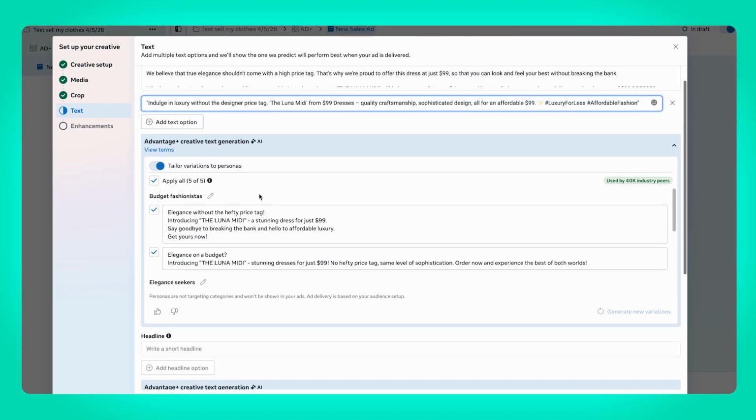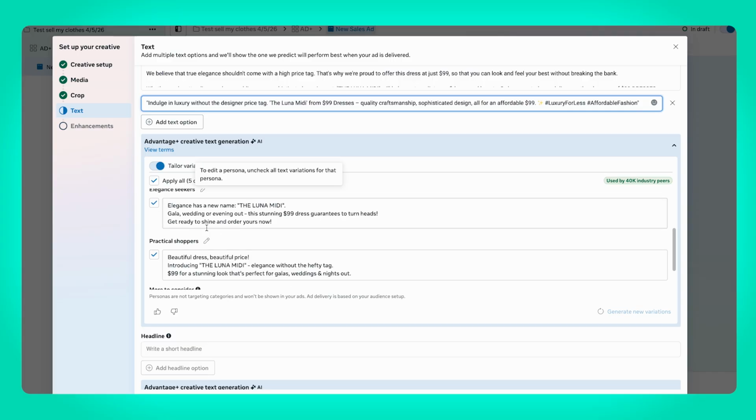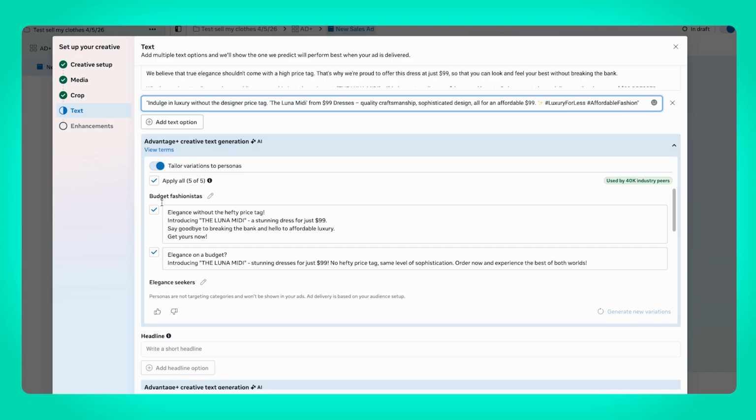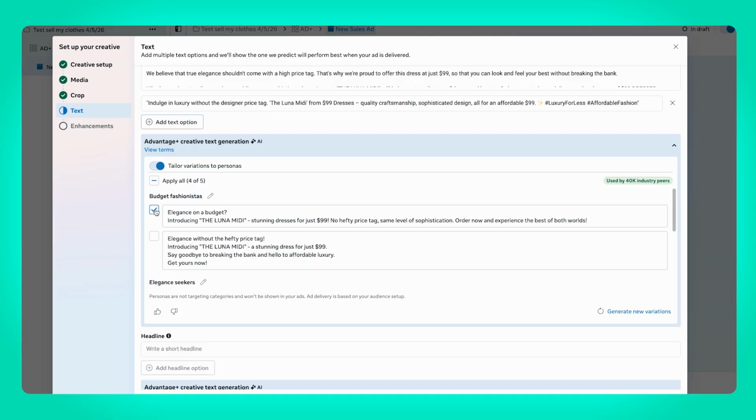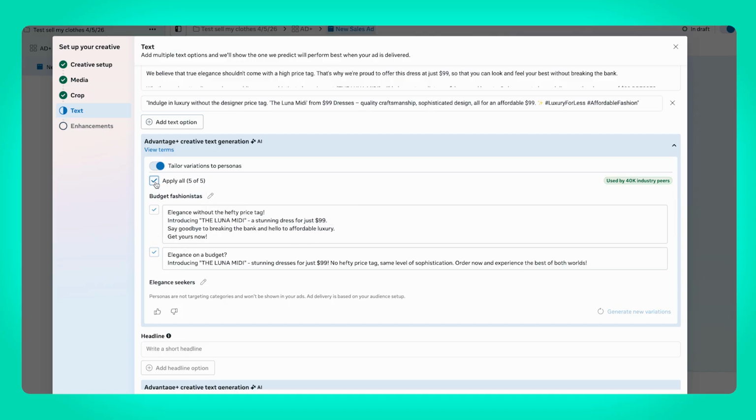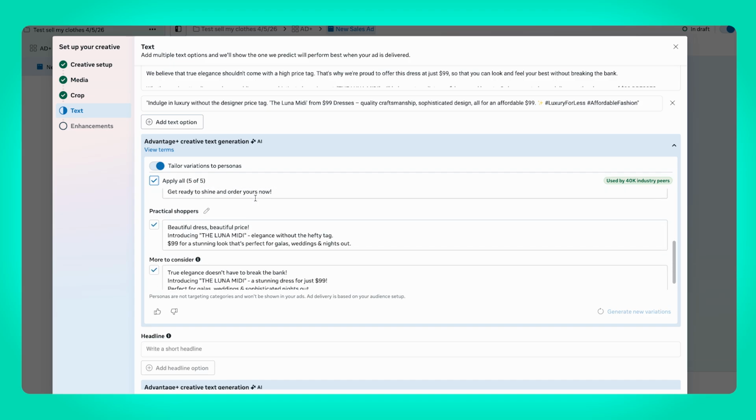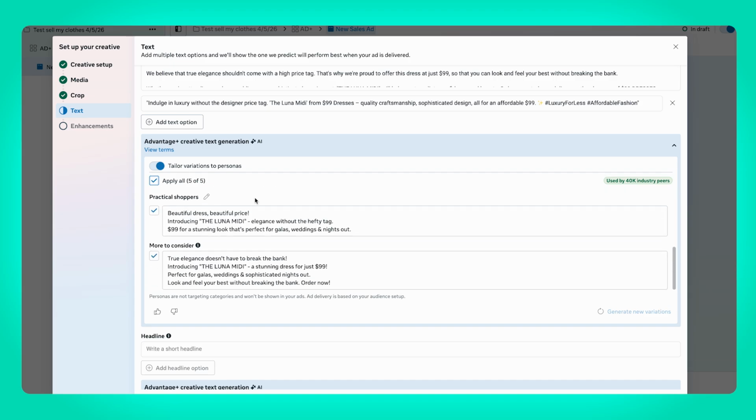Then it's gonna give you some AI variations. Read through these to make sure they fit like your branding or your messaging. If you like all of them, you just leave this selected. If you don't like one, you can just deselect it. But I typically use all 5. They're okay. The more information that you can provide to Facebook with their AI and all of that stuff, the better they can try to find who it is that you're looking for